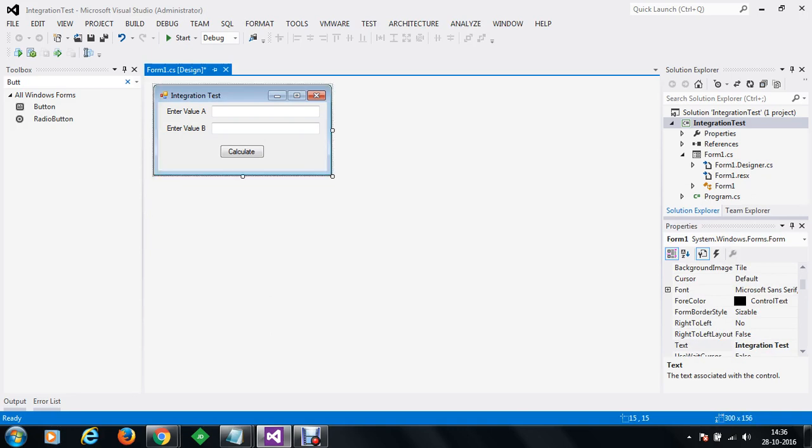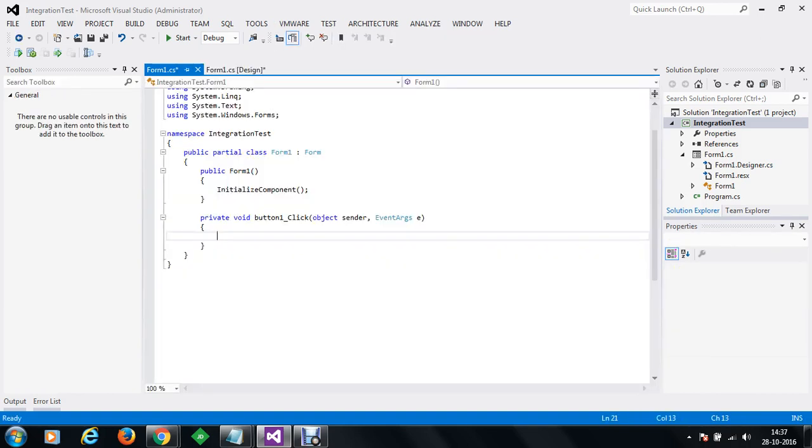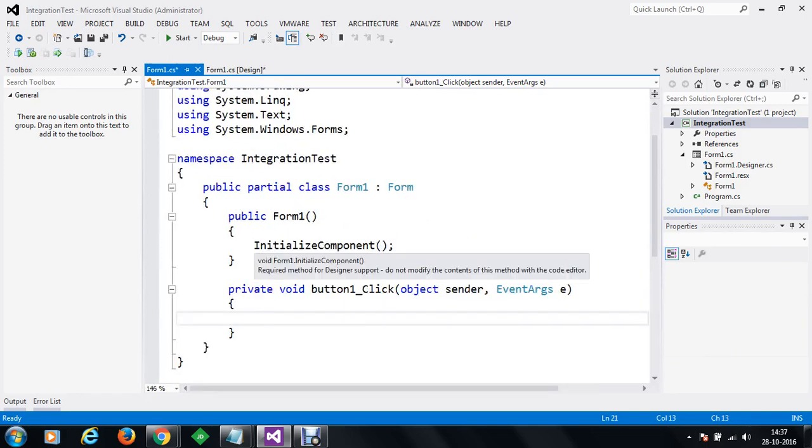So we are going to insert a value for A and B, and as soon as we click on calculate, we will get an output message box. That output message box will add the value for A and B and will display the message. Let's say this is text box 1, this is text box 2, this is my button 1 control, and we'd like to set an event handler on the calculate button. So let's double click on the calculate button and now a method will be created for you.